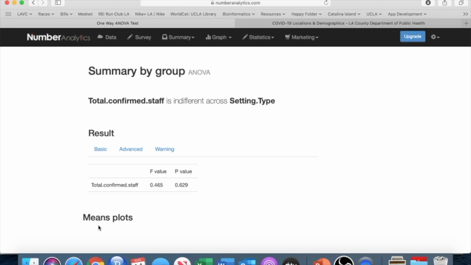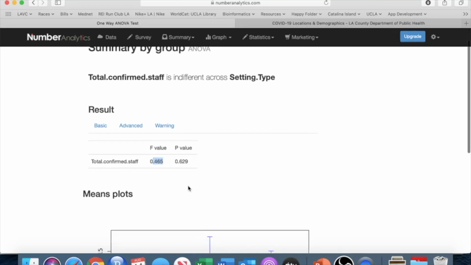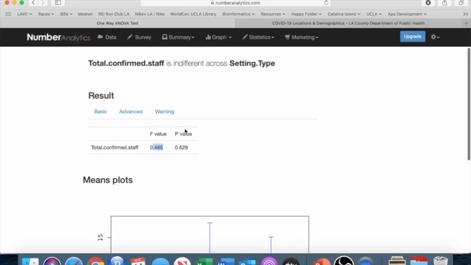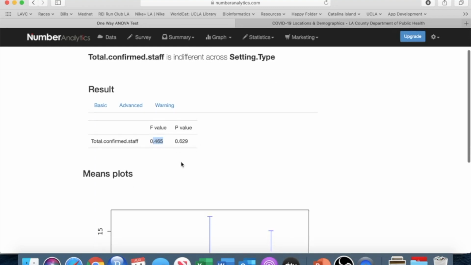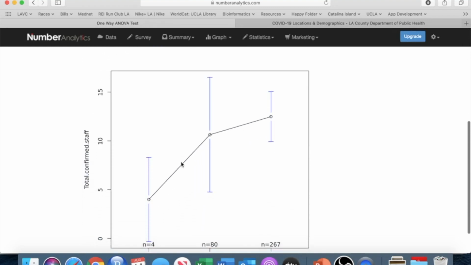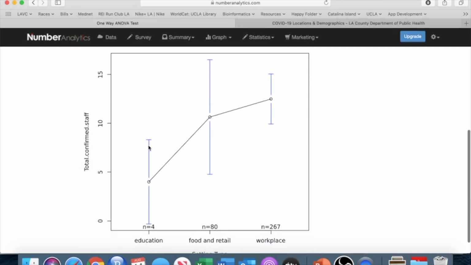Okay, so it looks like my F value is 0.465. The P value is 0.629. So if I wanted a significant effect, my p-value would need to be less than 0.05, and it's not. So what that means, and you can even see this in this graph, and it shows these